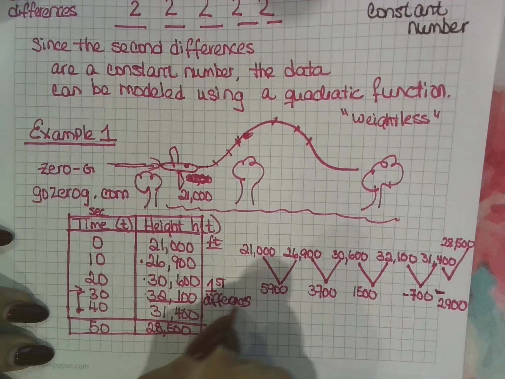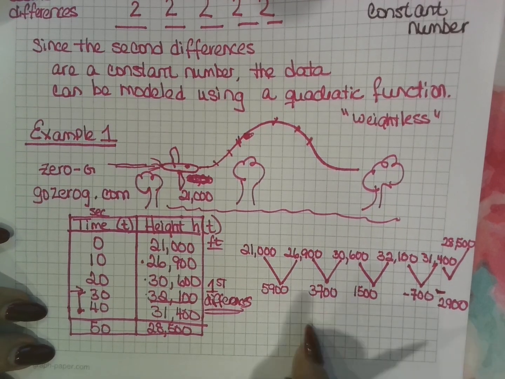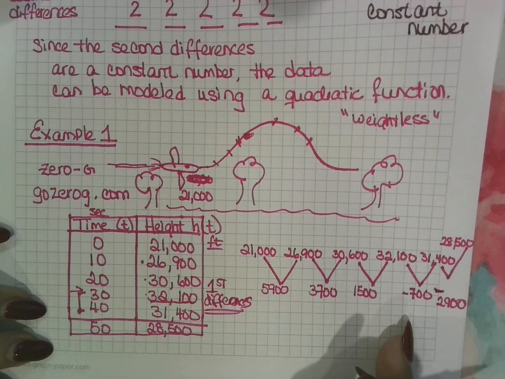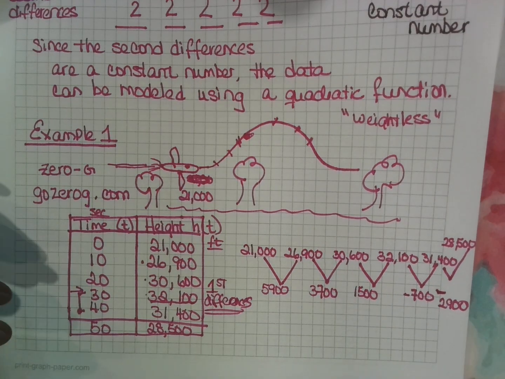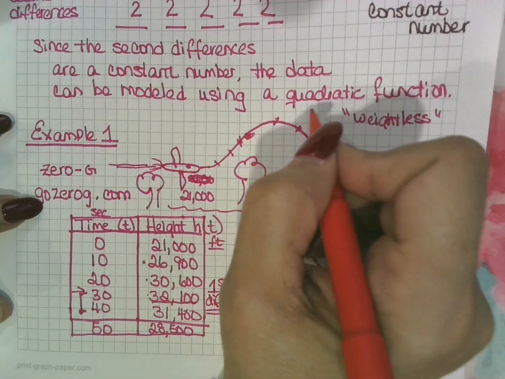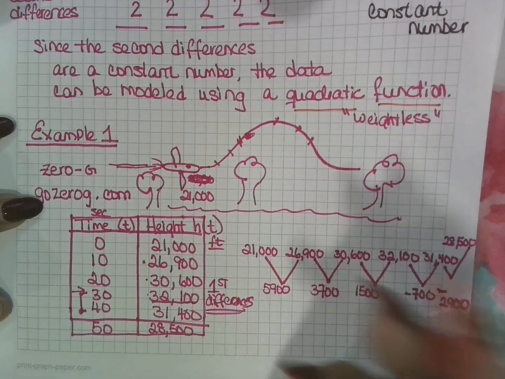So obviously, from what we see here, a linear function would not be able to model this. So that's what we learned from that part. Now we're going to do the second difference to see if in fact a quadratic function may be able